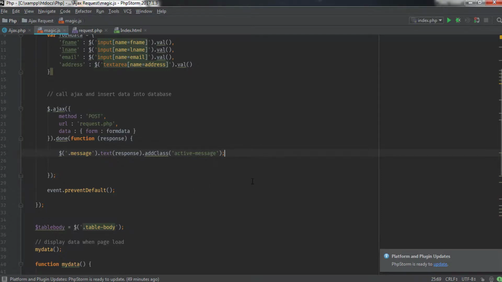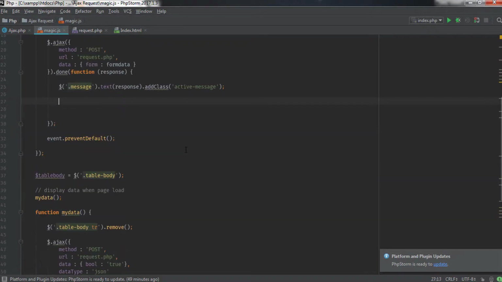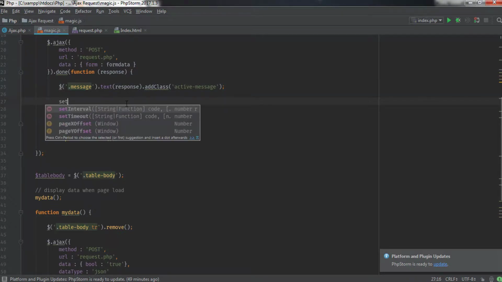Now just after that I just wanted to remove this class after 3 seconds when the data is inserted. After the data inserted, I just wanted to remove this message. So we'll just take 3 seconds to display this message and remove this message just after 3 seconds. So I'll just create a code here. So we'll just say set interval